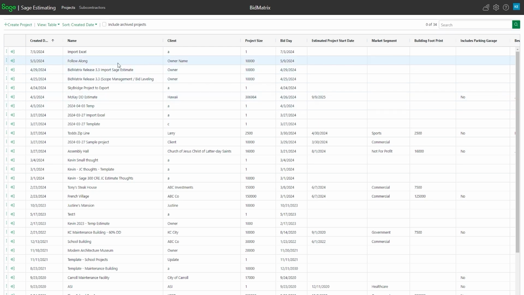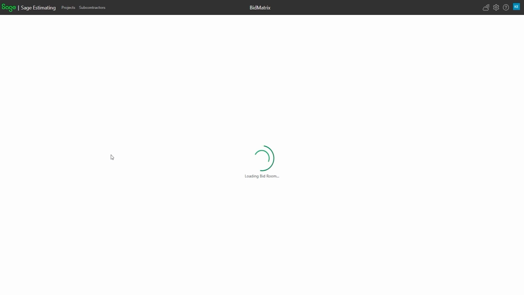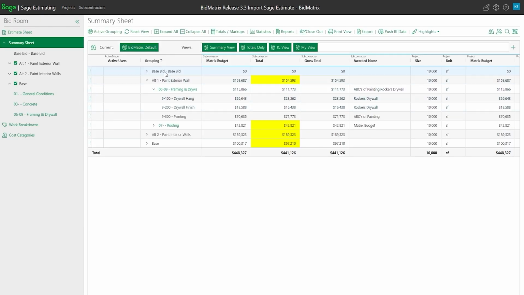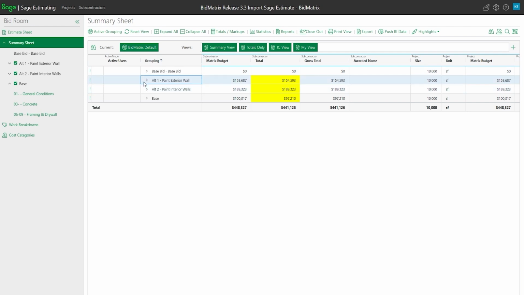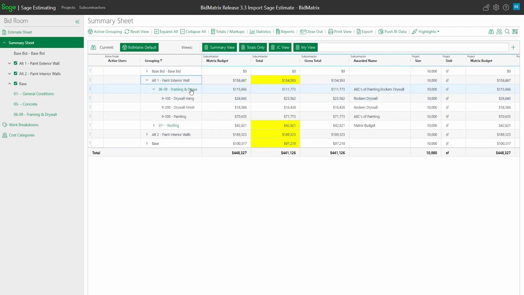So just a quick reminder of some of the terms. I'm going to go ahead and open up a project here. Alternates are pretty much what we're calling the very first level. So in this case, base bid, alternate 1, alternate 2, that type of thing. Within an alternate, we've got our bid metrics. So this is really how we're grouping what items or what bids might come in together, so that they're all associated on the same tab anyway.